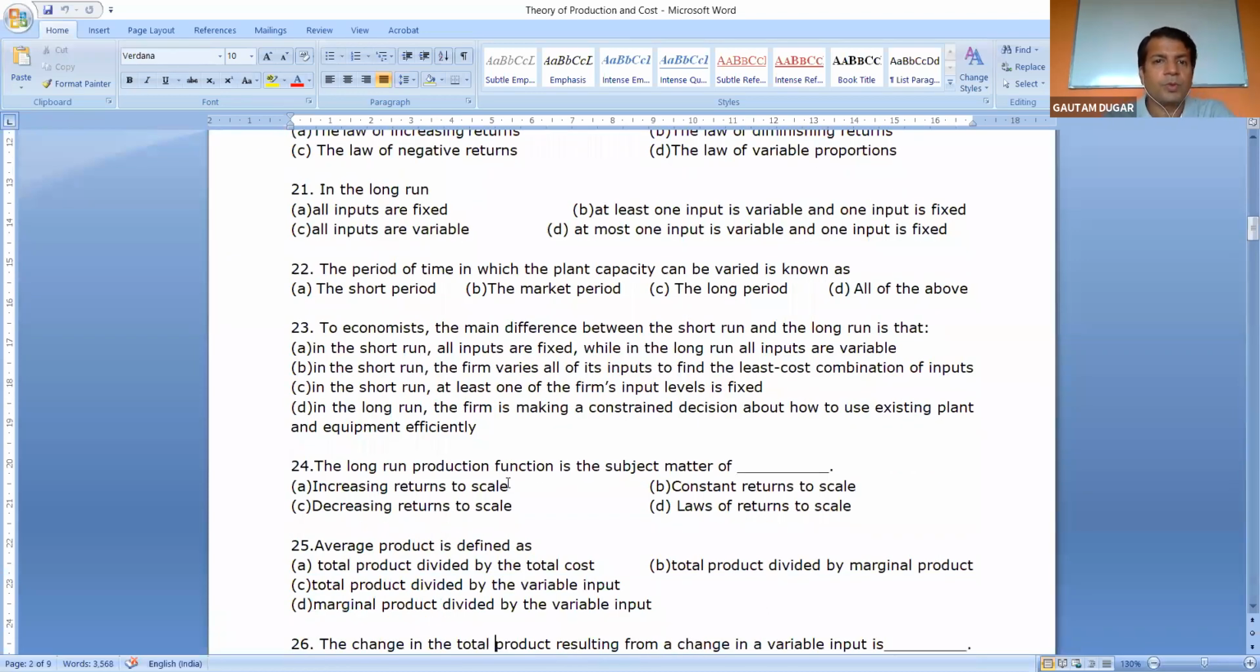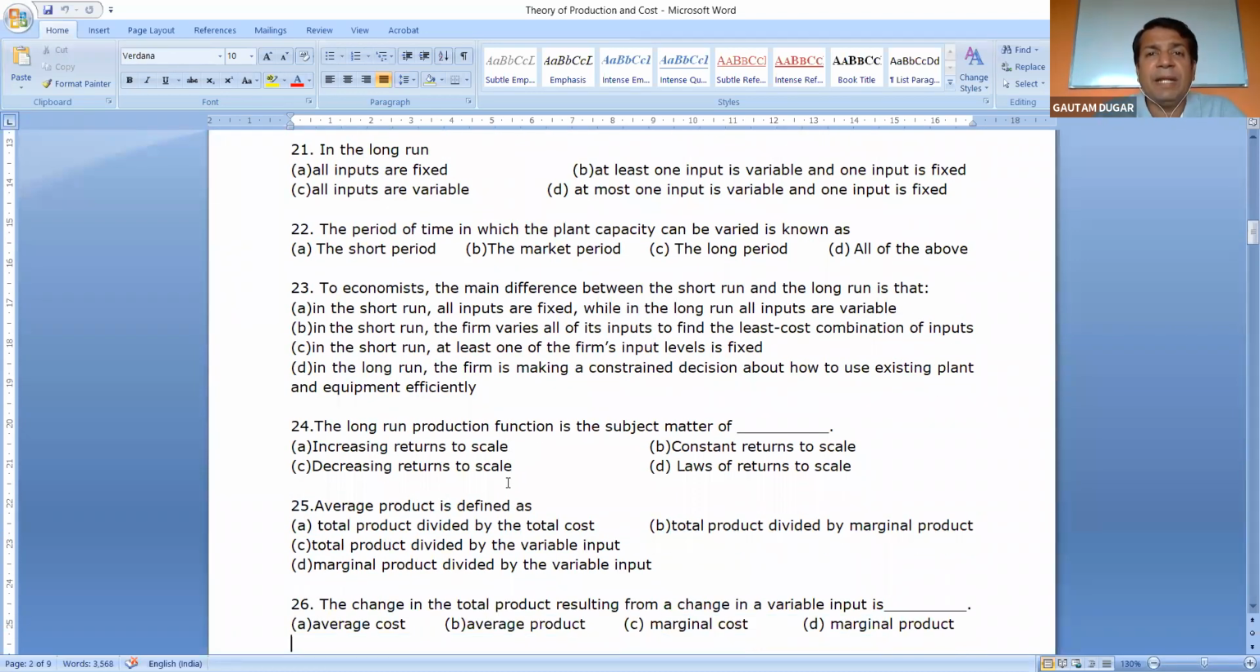22. The period of time in which the plant capacity can be varied. Plant capacity. That means you can change the capacity of the plant. That is, fixed factor can be changed, and that is only possible in the long period. So 22, the answer is C. To economists, the main difference between short run and the long run is that 23, read it. To economists, the main difference between the short run and the long run is that